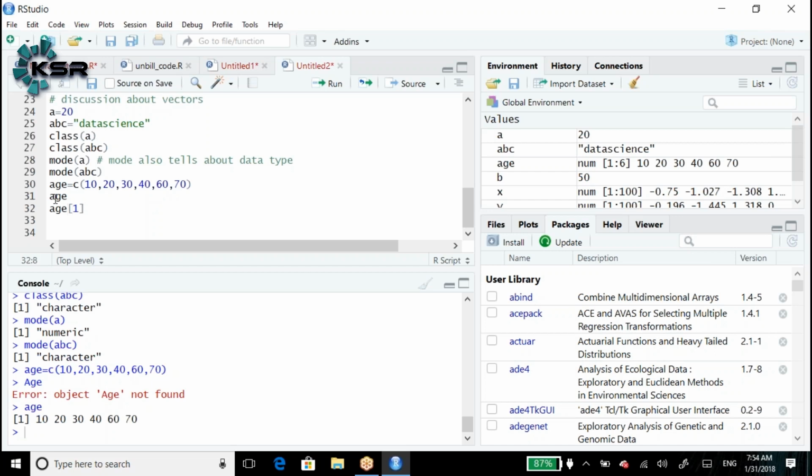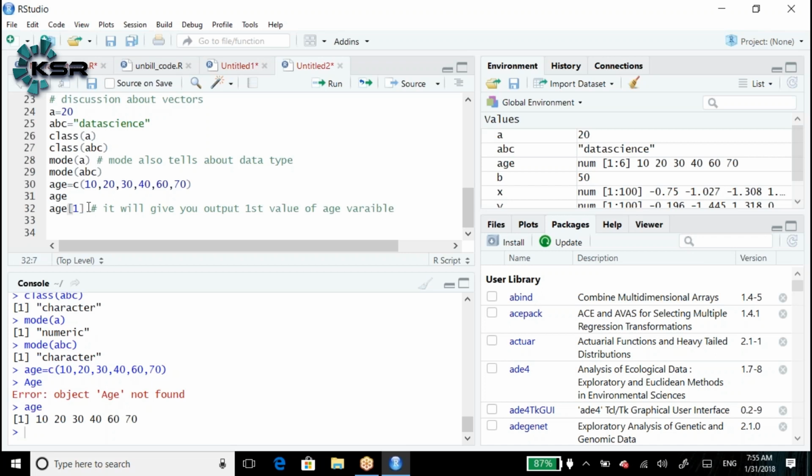Let me write it down to avoid confusion. It will give you the output, the first value of the age variable. Variable is nothing but an object, you can say.